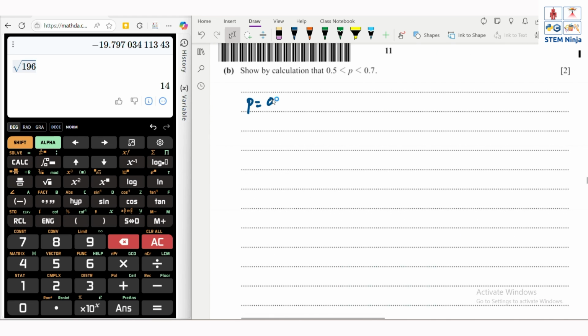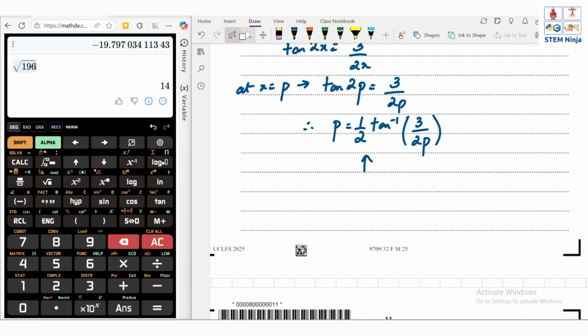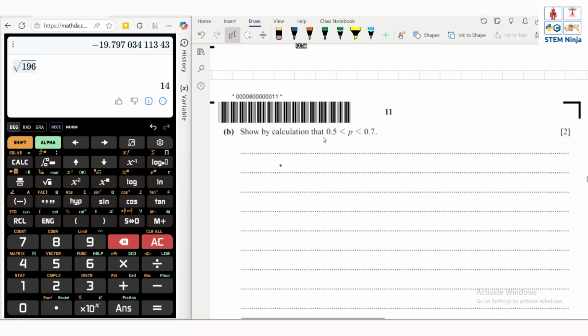So p is equal to 0.5. Oh, no, sorry, my bad. So p minus half tan inverse of 3 by 2p. That is your function of p. Let's call it some function of p. We need this to be equal to 0. However, when we plug in 0.5,